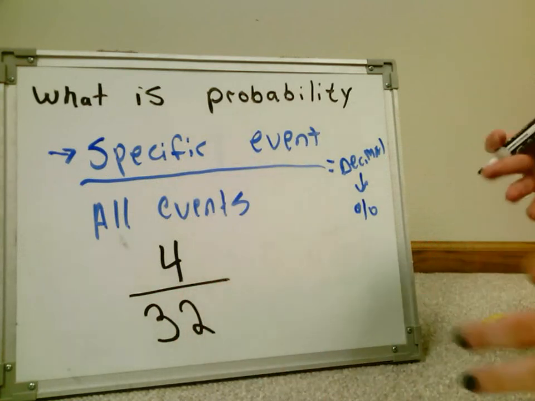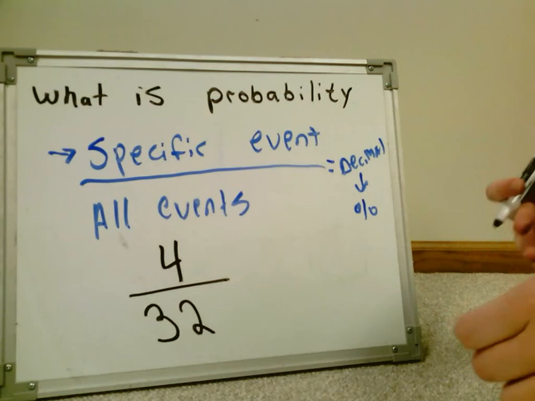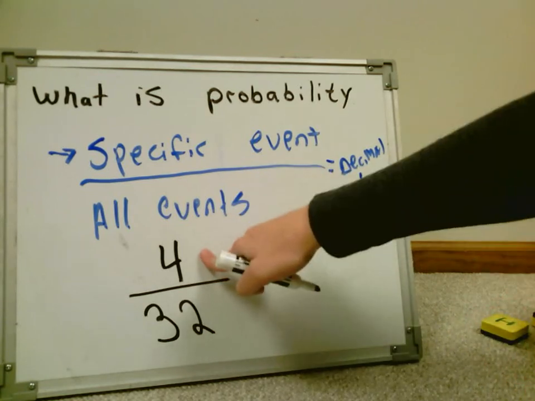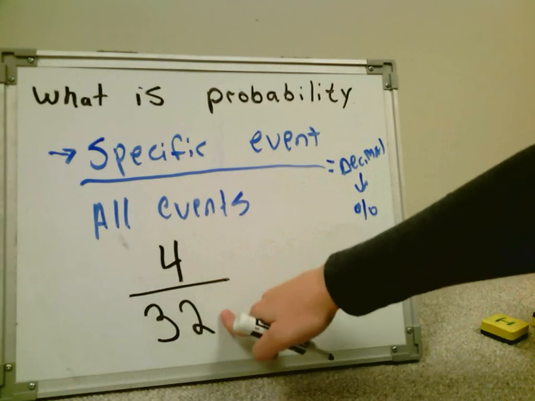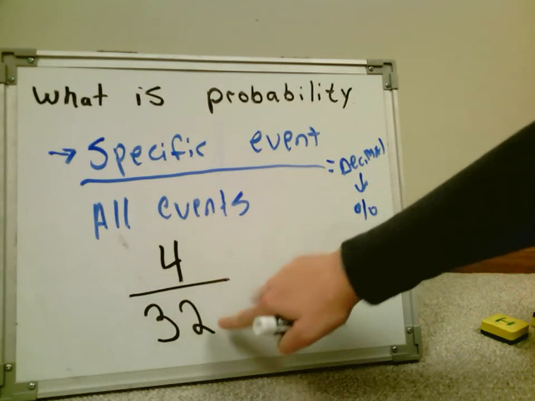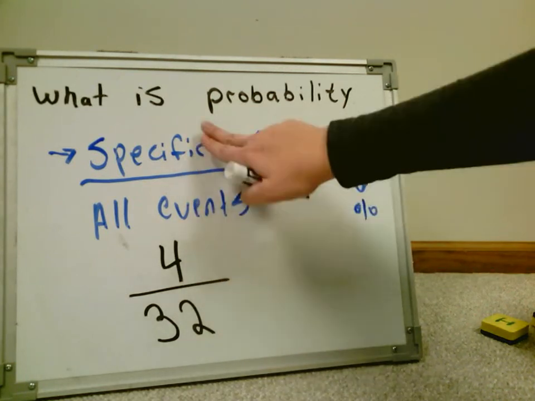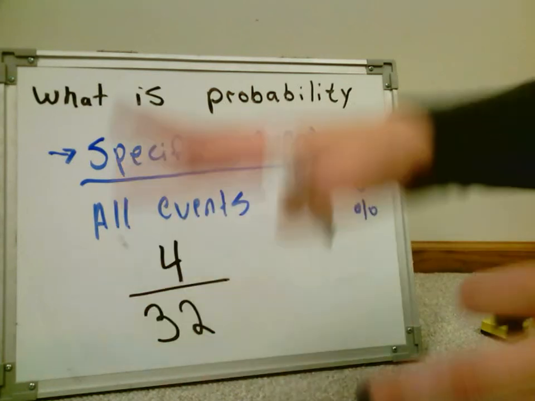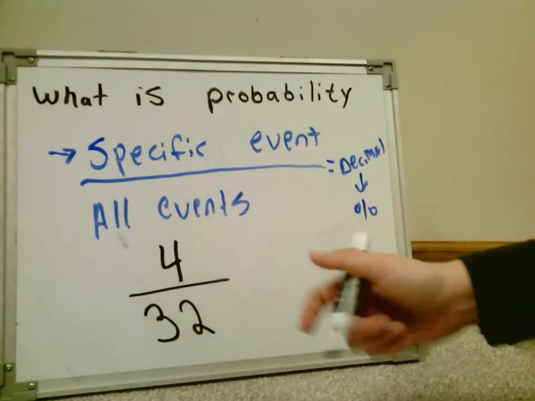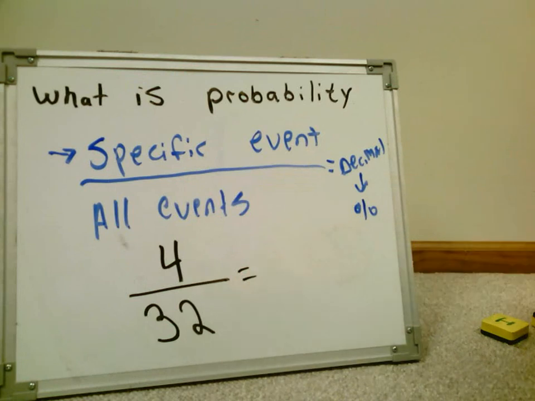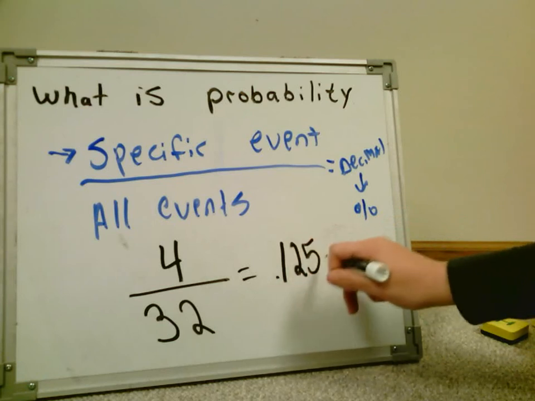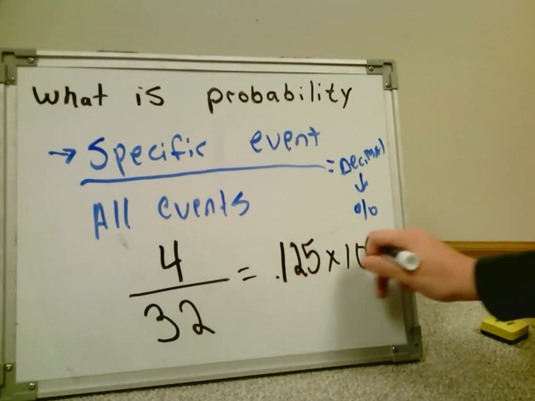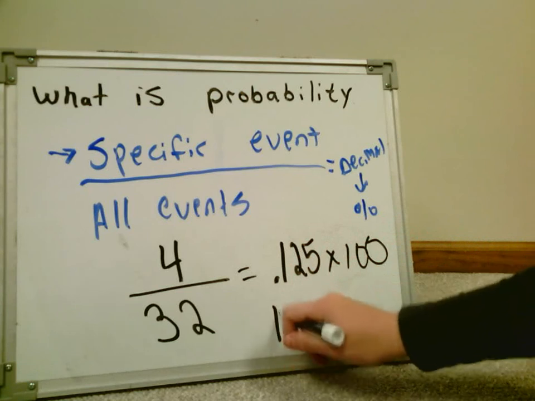If you had all these people standing in a gym room or something like that, 4 people do swimming and soccer, but there's a total of 32 people standing in the room. So this is just your specific event. The bottom number is everyone, your total amount. So I would go through and say 4 divided by 32. I get myself a 0.125. I times that by 100 to give me my percentage, and that gives me